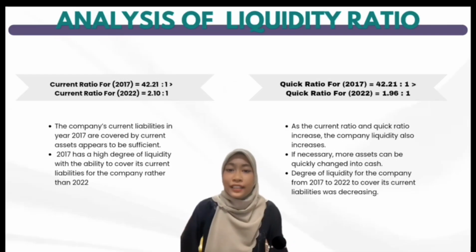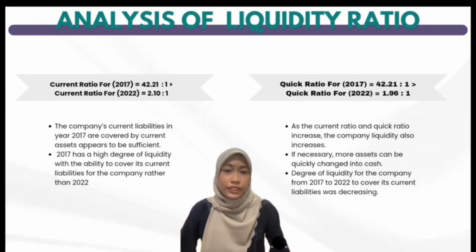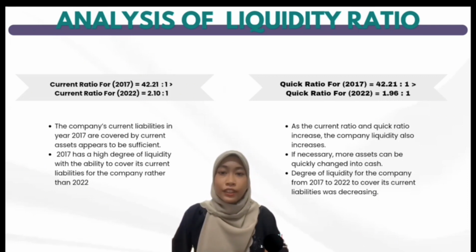Therefore, we can analyze that the company's current ratio in 2017 is 42.21, while in 2022, the company's current ratio is 2.1, which is 40.11 less than the previous year. This shows that the company's current liability in 2017 was covered by current asset and appears to be sufficient. In 2017, the company had a high degree of liquidity with the ability to cover its current liability, rather than in 2022. As for quick ratio, in 2017, the ratio is 42.21, which is more than the company's quick ratio in 2022, which is equal to